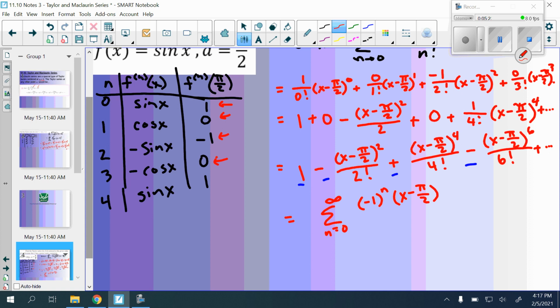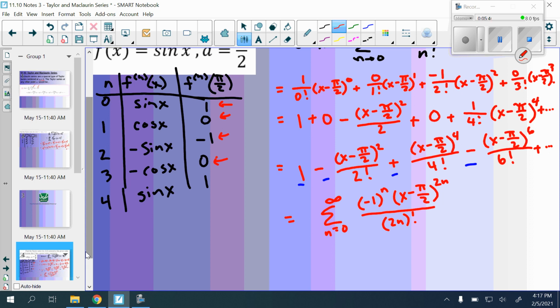So we could accomplish that by making this a 2n, because then it's just going to come out to be the even one. If it's 0, it's 0. If we put 1 in there, it'd be the squared one. If we put 2 in, it'd be 4. If we put 3 in, it'd be 6, and so on. And then same thing with the factorial. It's only the even one, so we could go (2n) factorial. So there would be